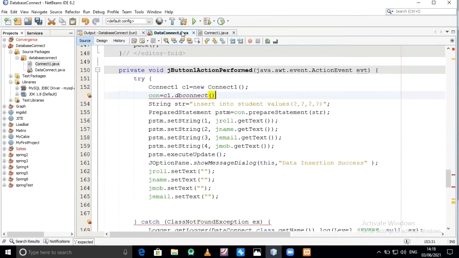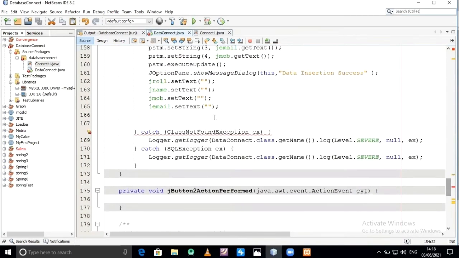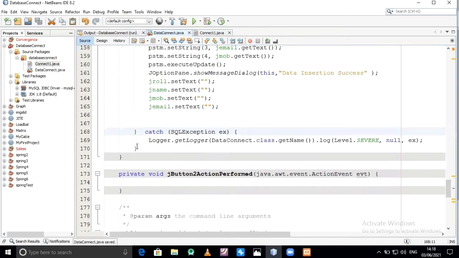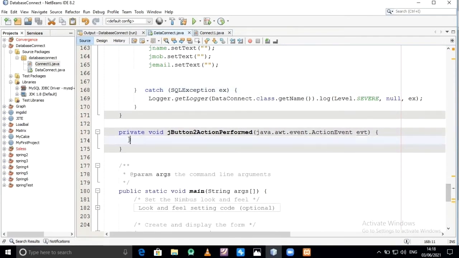Save. I need to write this catch. This is our search button code.